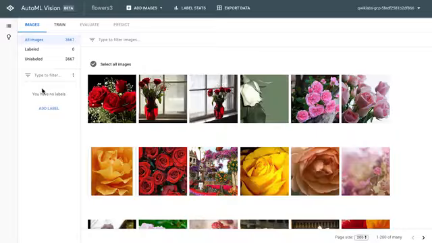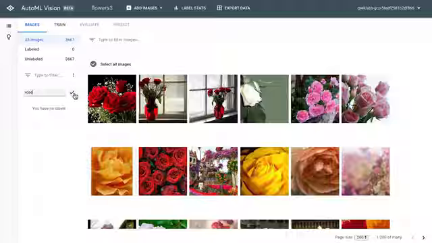For now, what I'd like you to focus on is the fact that in this data set, all of the images are unlabeled. That is, they lack a label. In order to use the human labeling service, you can't expect your human raters to come up with their own labels, so what you have to do first is to supply some of your own. Click the Add Label button to add a label.